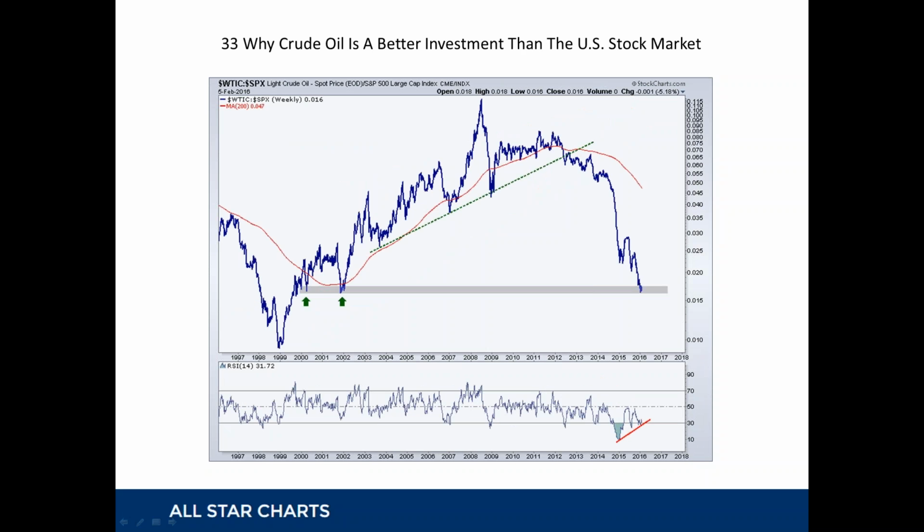Getting back to things outperforming the market. We talked about gold, gold miners doing well. Here we're talking about oil. I think oil from here on in is going to be a better investment than the U.S. stock market. Here's a ratio of crude oil relative to the S&P 500, and we are now down to the